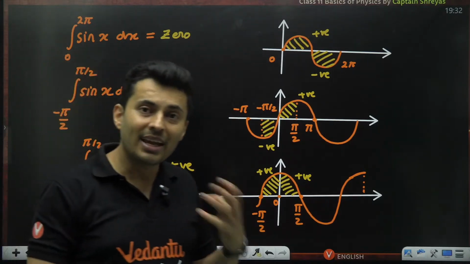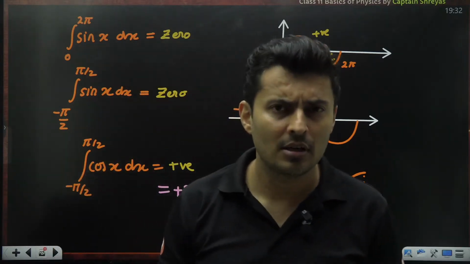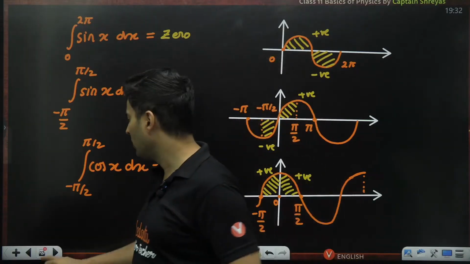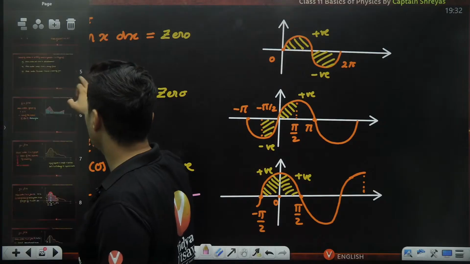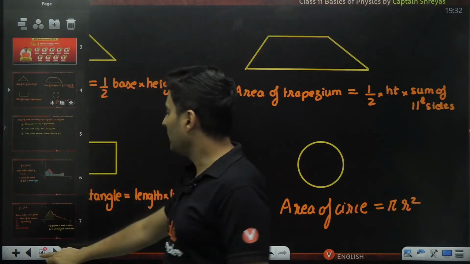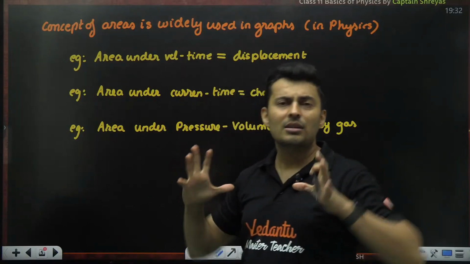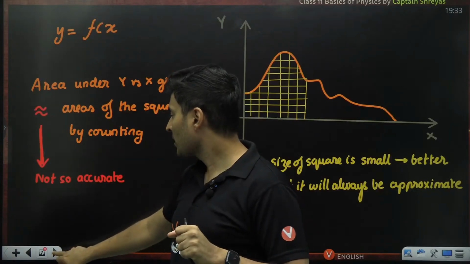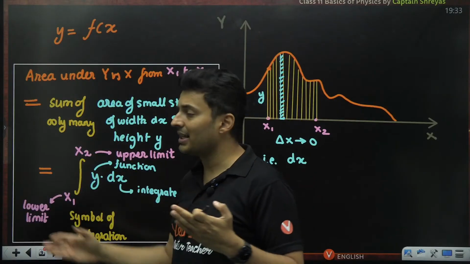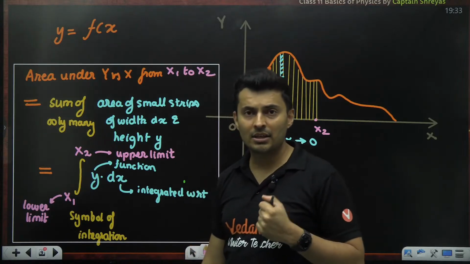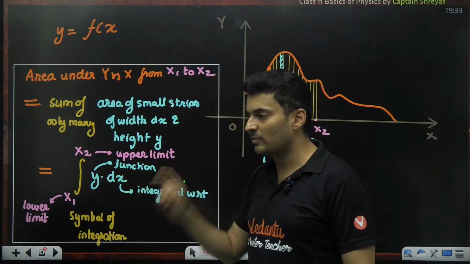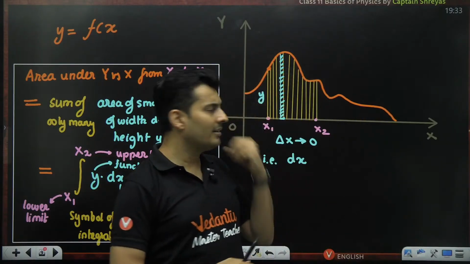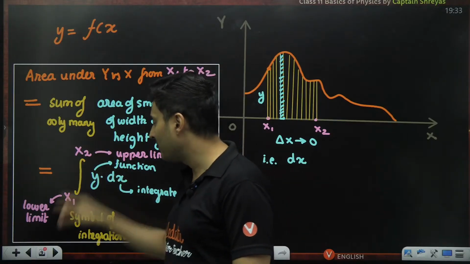So this is the meaning of areas and integration with limits. We saw that for geometrical figures, we easily have the formulas to calculate the areas, which I showed you at the beginning itself. But in physics, we need to find the areas of curves for various reasons, and we cannot use our traditional methods. That is why we developed a new process called integration. In this integration, you integrate a function with respect to x from one location to another location between which you want to find the area. This method is called definite integration.